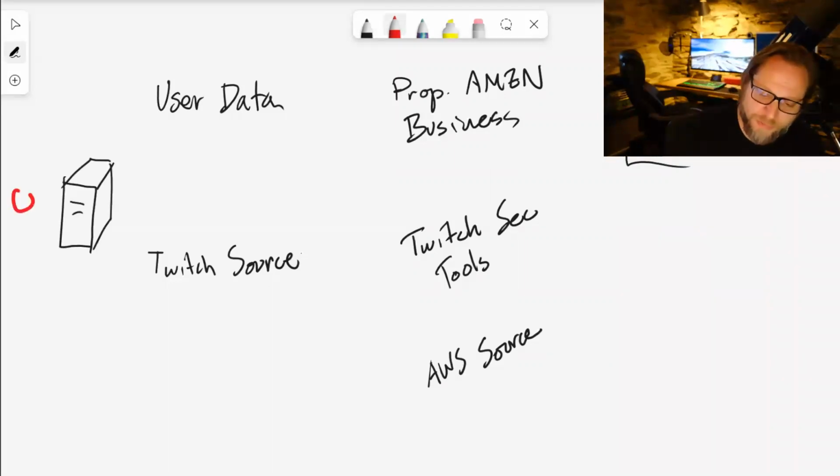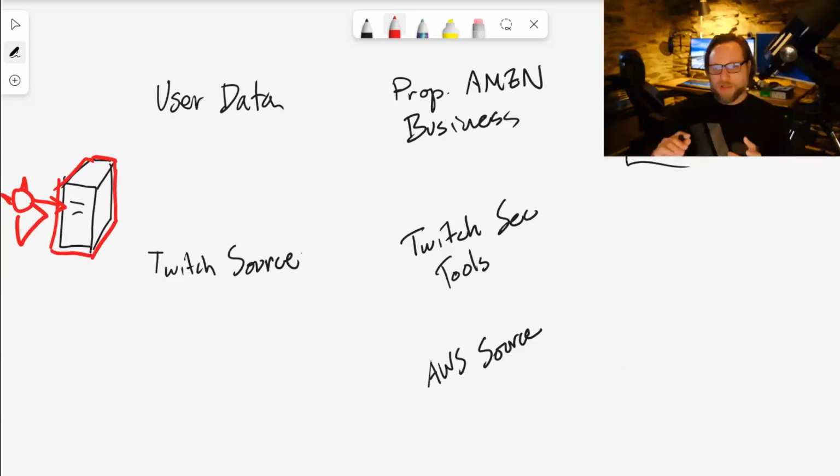All right, so we'll have a little dude with horns over here. And they got into this server. So now this server's red. This server is compromised. This is the thing that you can't fully prevent. And by the way, getting into this server probably had almost no business impact. We don't know the details. They have not published much in the way of details, but it probably had almost no business impact to Twitch or